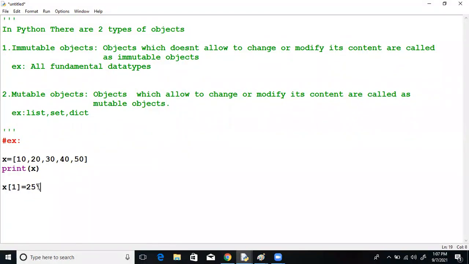Now, print x. What does it print? 10, 25, 30, 40, 50. Means it is allowing to change its content from 20 to 25, right? That's why we call list as mutable. Understanding? Here x is a list which is allowing